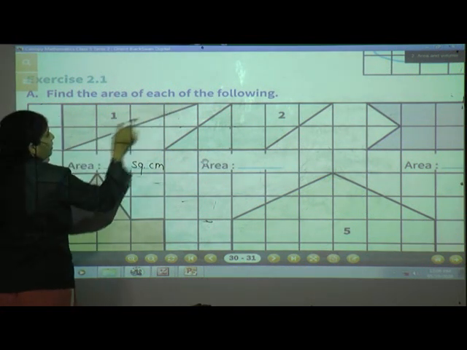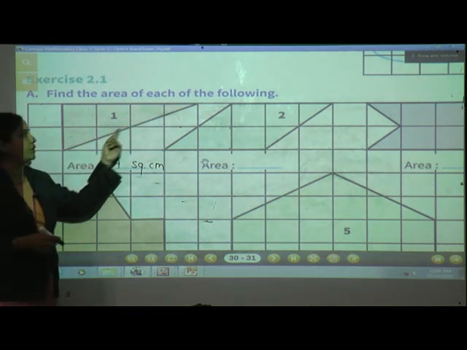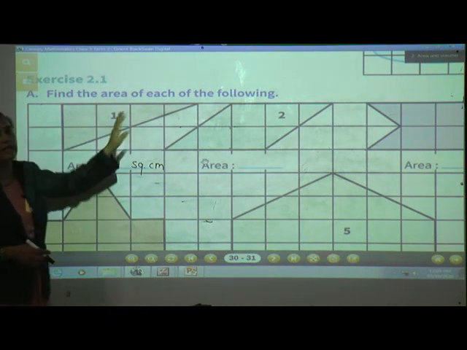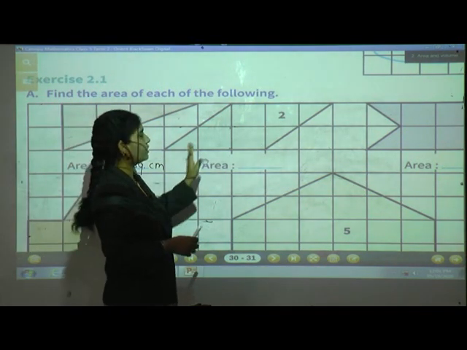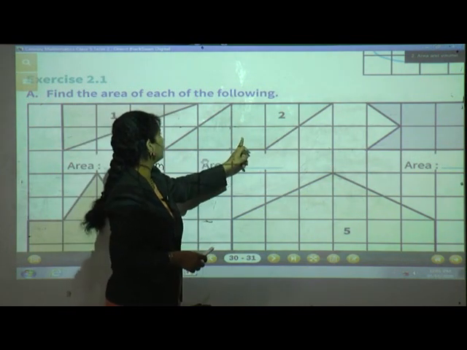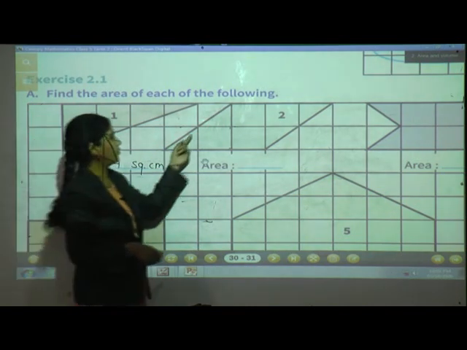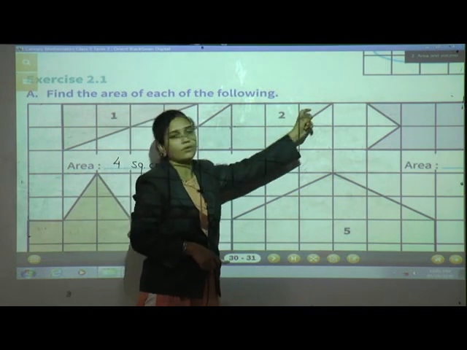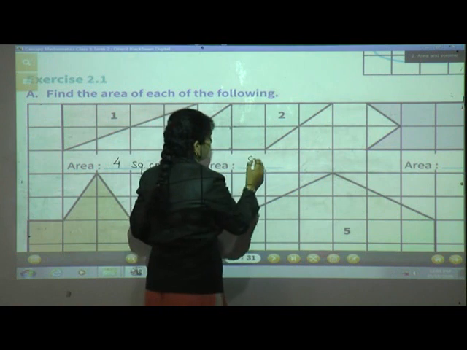These are less than the half. So that's why we will now not count it. So just take full squares and half or more than half squares. Again, we'll see second one. Here, first count full squares. 1, 2, 3, 4. And again, these 4. These are the half squares. 1, 2, 3, 4. That's why 4 plus 4? Yes, 8 square centimeter.